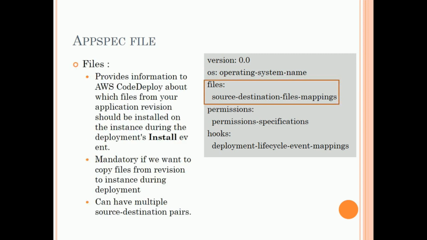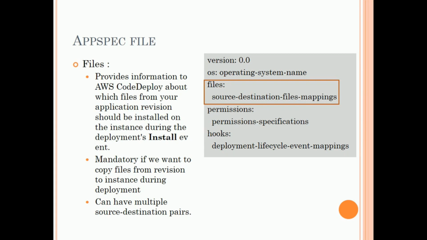Files provides the information to AWS CodeDeploy about which files from our application revision should be installed on the instance during the deployment's install event. This will be one of the hooks we will see later. It is a mandatory section if we want to copy the files from the revision to our EC2 instance during the deployment process, and it can have multiple source and destination pairs.